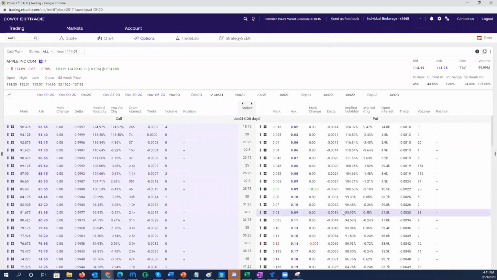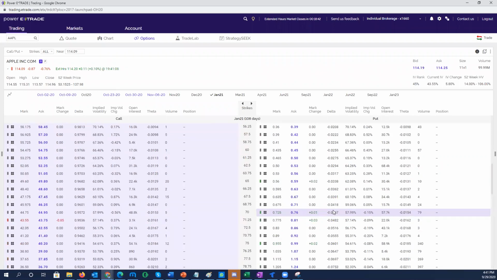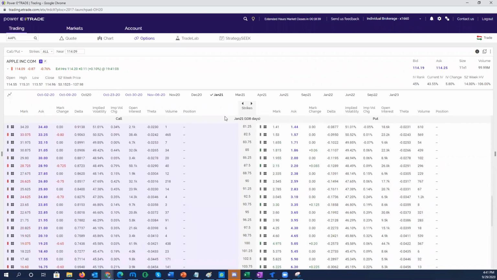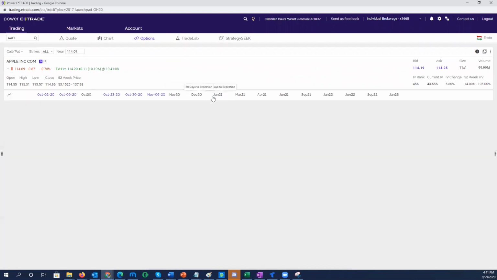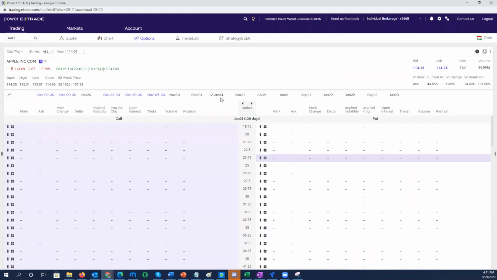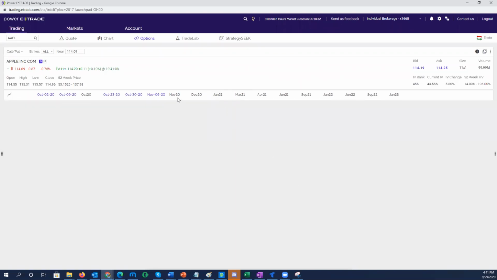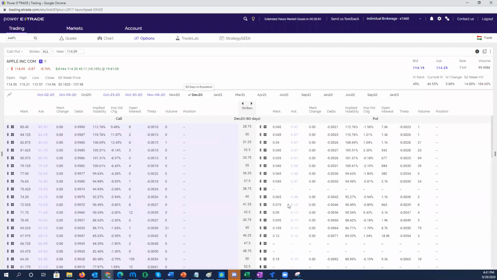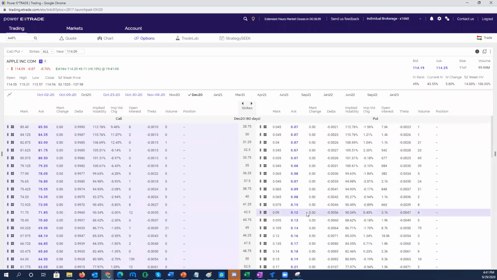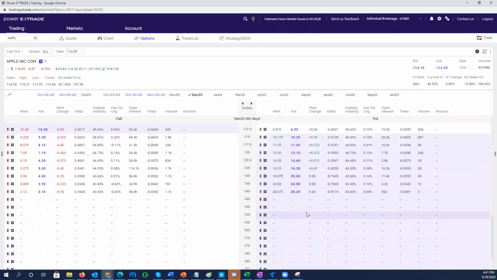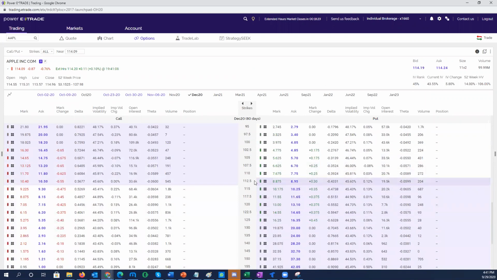If you want to buy a put, this is a different way, right? Same thing. You can go to a different strike. Just click. Just take this one. See the tick mark. It will open up. If you untick, it will take it off. Okay. So now I want this one. Make sure nothing is selected. So you can go here. And it's easy. So just select which strike you want. If you are expecting Apple will go down, then you buy like 110. So I'm going to pay, or I have a little more money. I can buy an in the money option so that I can get out faster, 47.